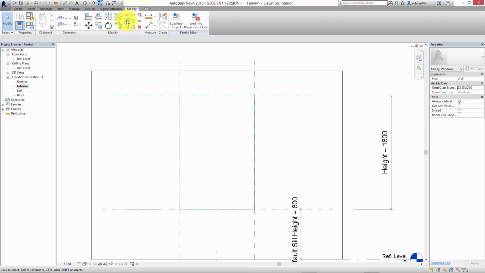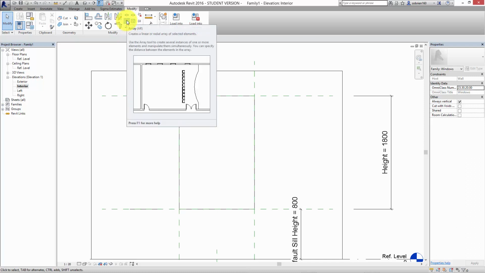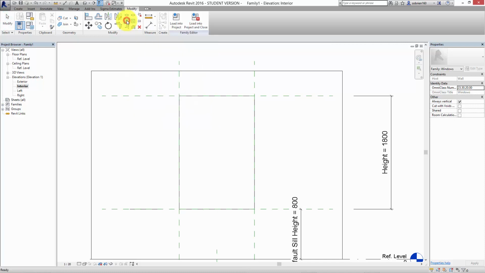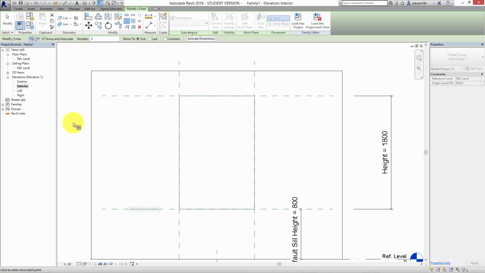And then I'm going to use the array tool to divide the height of the window equally. So I press array. It's asking me to select what I want to array, and then something's gone wrong. Where's my options? Let me just try that again. Array. There we go. So we can group the array. We can choose the number of divisions. So let's say we wanted to have a window that has 4 panels in it. So we need to divide it. We need to use 5 guidelines,